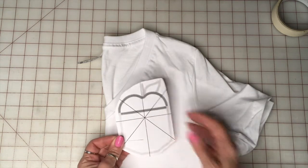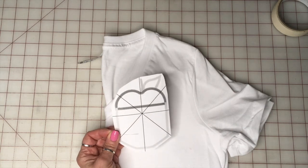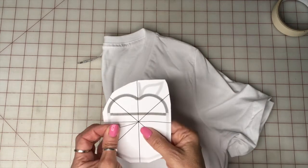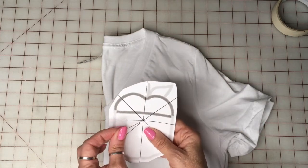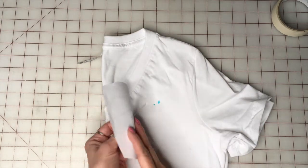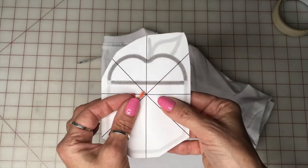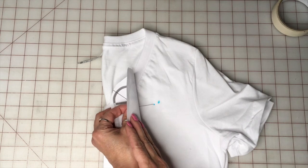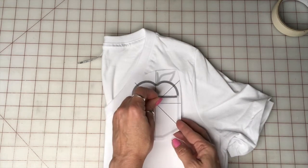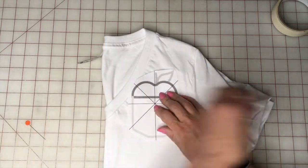and I printed this out on my Chroma software that is included with my Racoma machine. Most machines you have to purchase software separately. The Racoma machines come with software, which is awesome. So I'm going to take this pin that I stuck into the center of the design there, and I'm going to stick it into the spot on the shirt where they say the center should be,